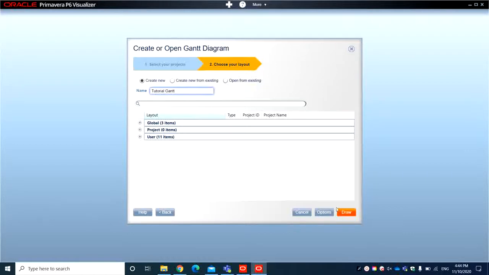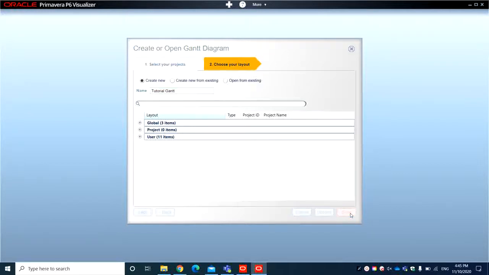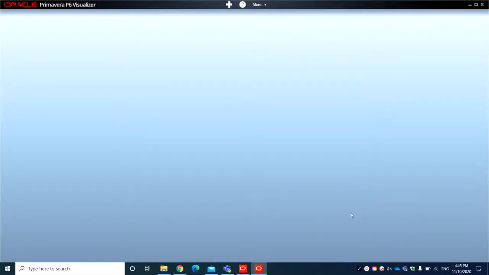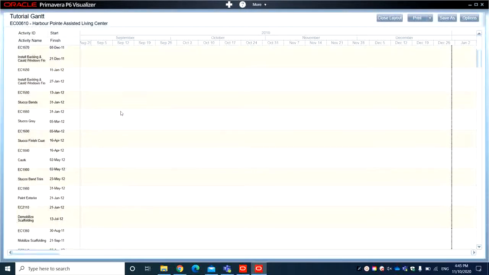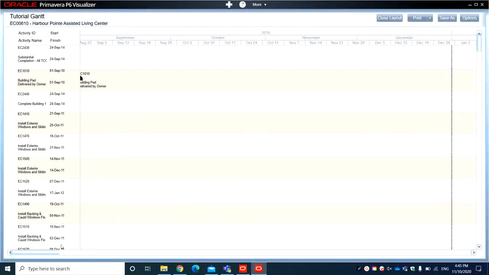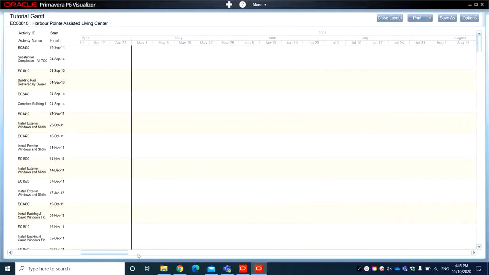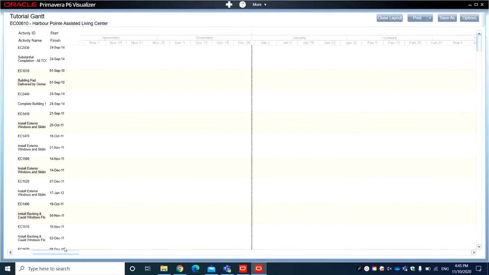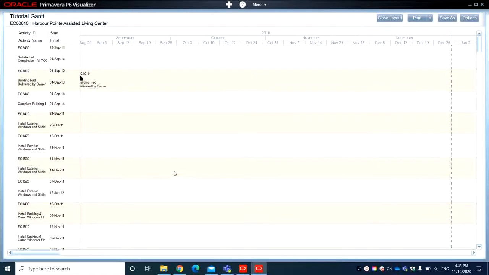And we will click on options. You can click on draw, it will show you the default options, then you can change the options. So let's try the draw option. And as you can see, it's not well represented. You can see here it's a huge scrolling to the right and left, so you cannot print it in a sheet. So what we will do, we will go to the options,